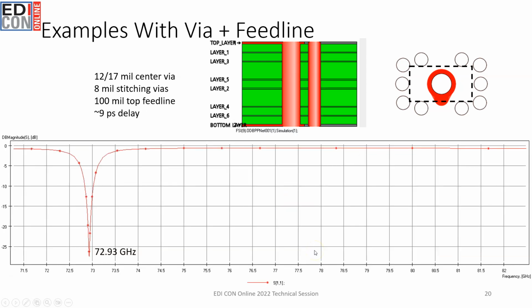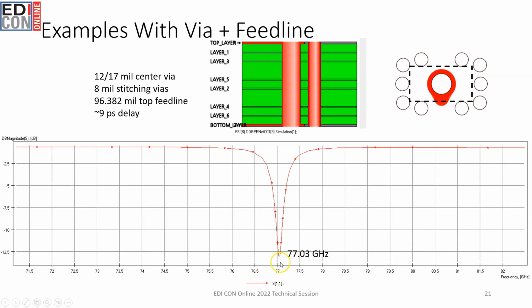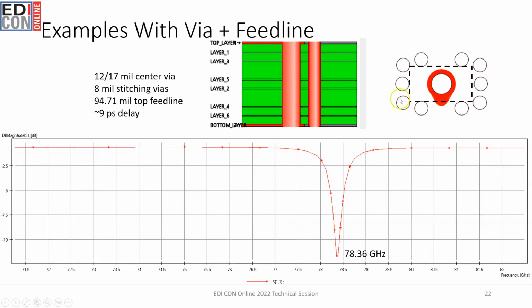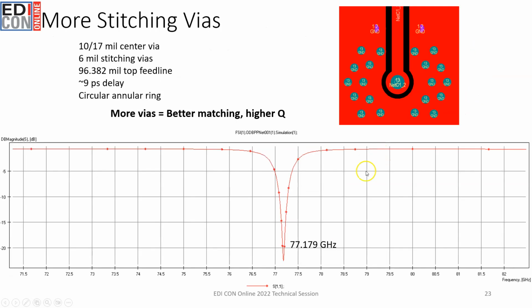So that's what I'm showing here in these graphs from Symbior. And you can actually get really nice matching right at 77 gigahertz. Now you'll notice here that we only get to about negative 12.5 dB return loss. However, if we just readjust this anti-pad shape and then maybe add in some more vias, we can actually get